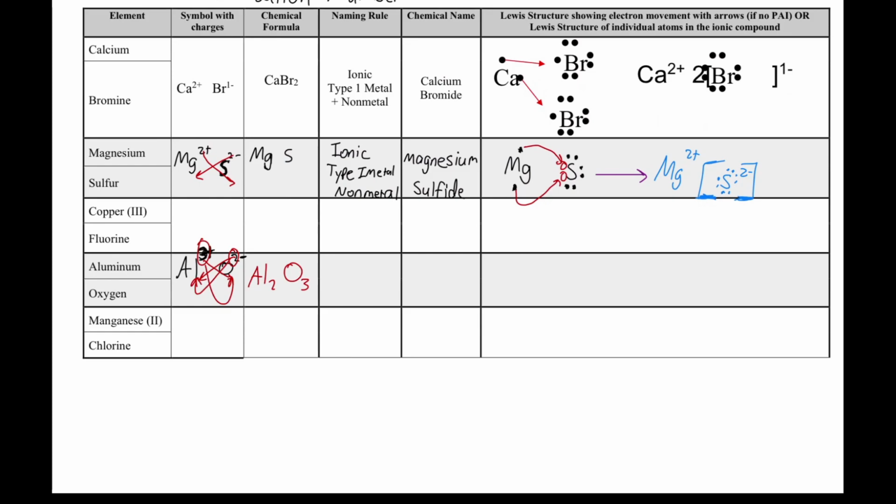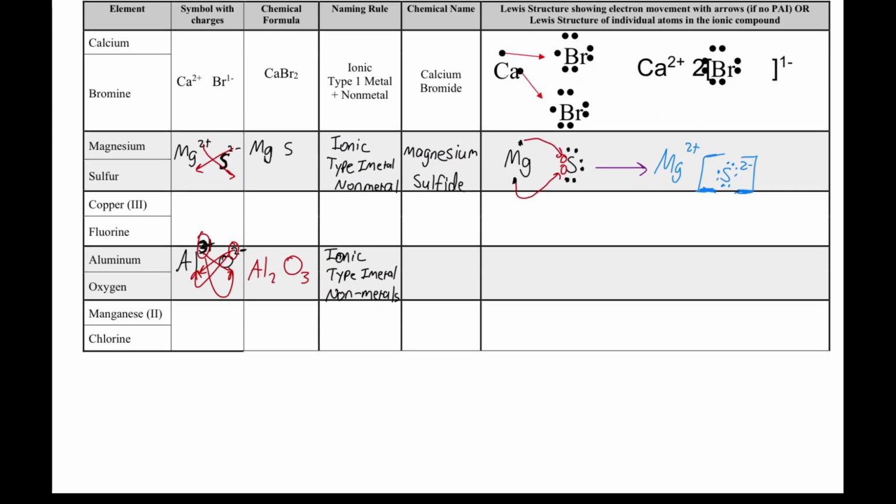And this is obviously an ionic compound, right? Because it has aluminum, which is a metal. So we can just write our ionic. This is a type 1 metal because aluminum is a type 1 metal. And the other thing that we have are some oxygens, and we know oxygens are non-metals. So we will use this ionic type 1 metal bonded to a non-metal to name this compound, or this chemical. So if I were to do that, again, there's no prefix, so it's not dialuminum trioxide. It is going to be just aluminum